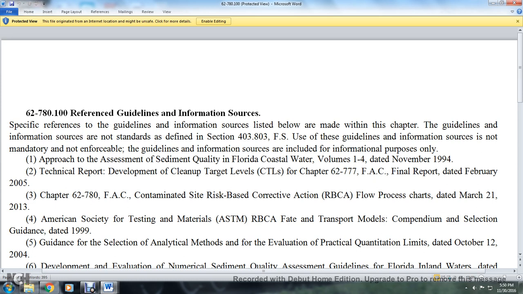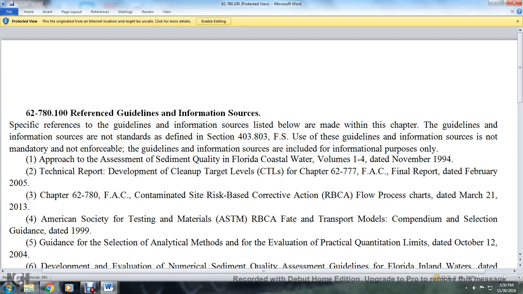The Approach to the Assessment of Sediment Quality in Florida Coastal Waters, Volumes 1 through 4, dated November 1994. Technical Report: Development of Cleanup Target Levels, Chapter 62-777, Florida Administrative Code, Final Report, dated February 2005. Chapter 62-780, Florida Administrative Code, Contaminated Site Risk-Based Corrective Action Flow Process Chart, dated March 21st, 2013. American Society